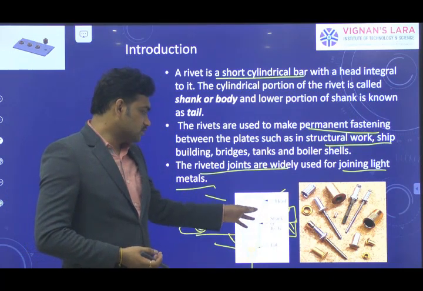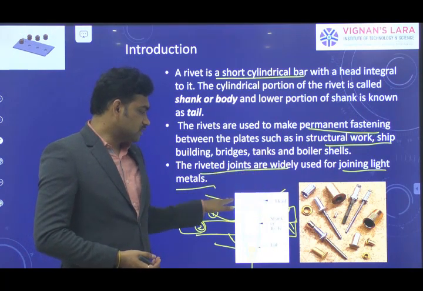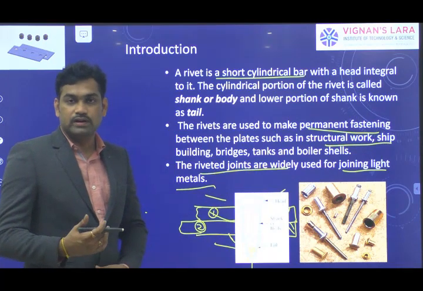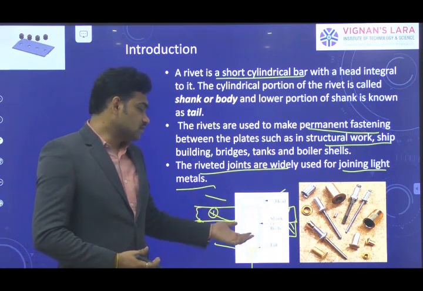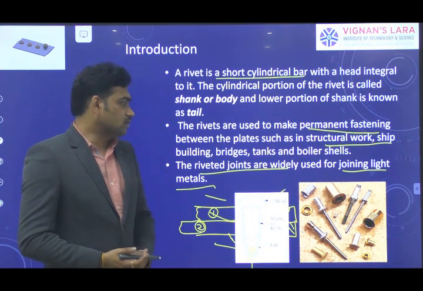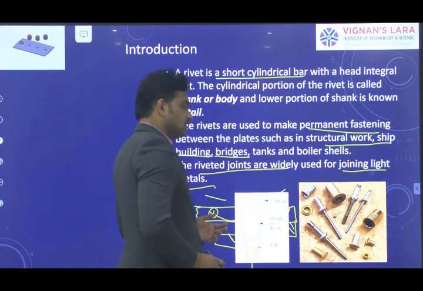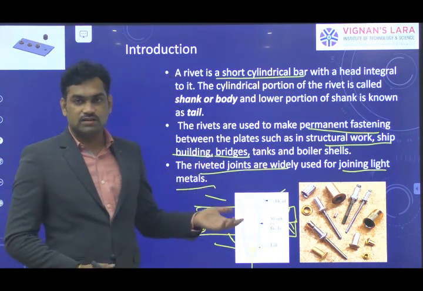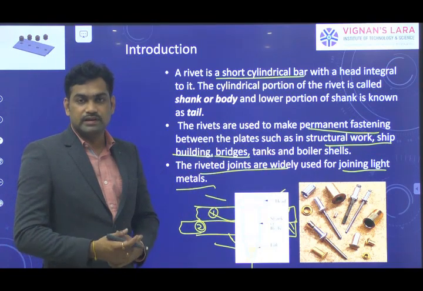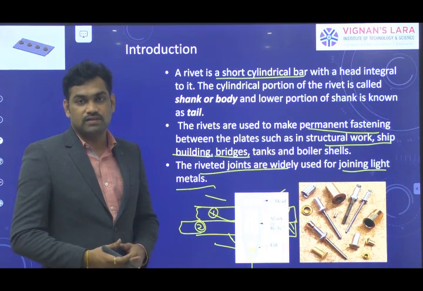The head will be exposed on the outside of the component, and that is the extruded part on both components. The shank, the body, is always inside the machine component. The tail forms another head by the application of an external load. Rivets are generally used for building bridges, as well as pressure vessels or boiler shells. They are the most common permanent fastener, and we can observe riveted joints most frequently in these cases.